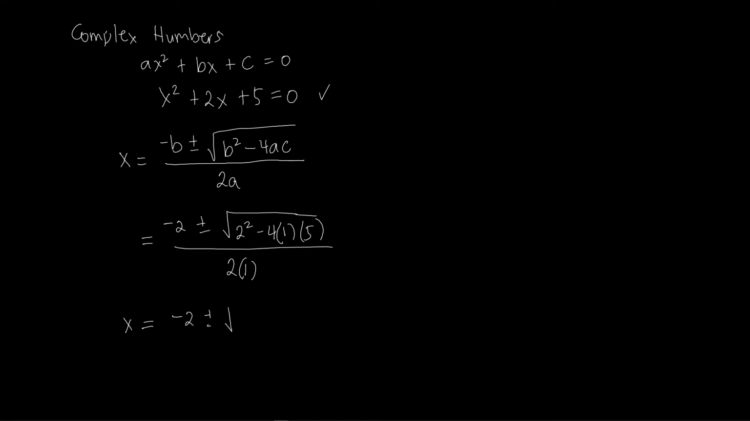x is equal to negative 2 plus minus square root of 2 squared, that is 4. Then minus 4 times 1 times 5, that is 20. Tama ba? Then that is negative 16, all over 2. Nakaapas. Okay. Then we have x is equal to negative 2 plus minus, okay, problem na to is